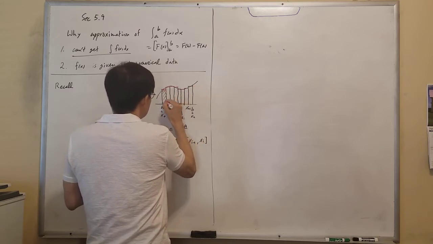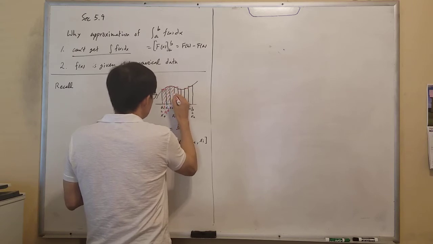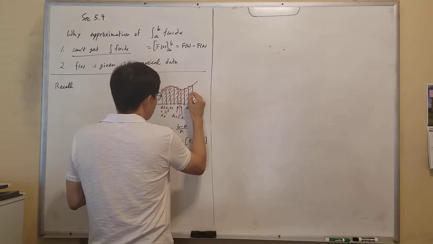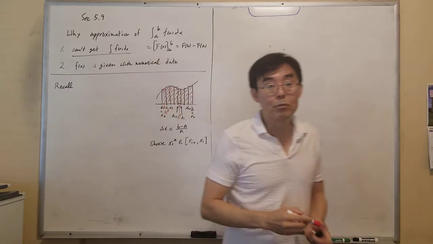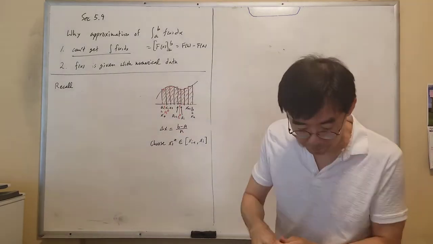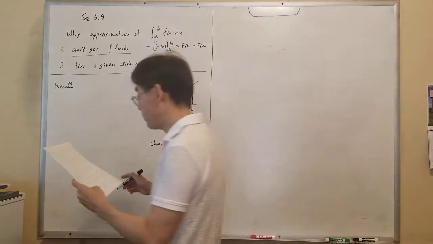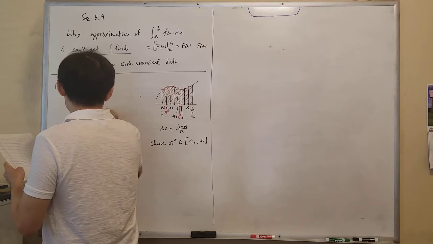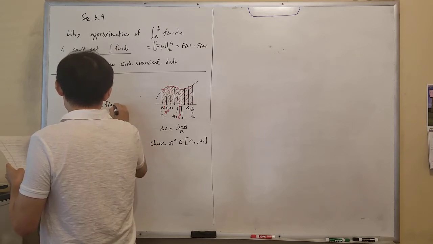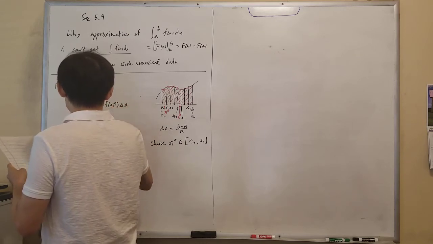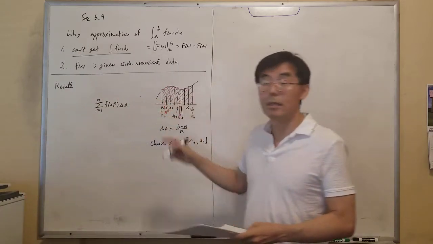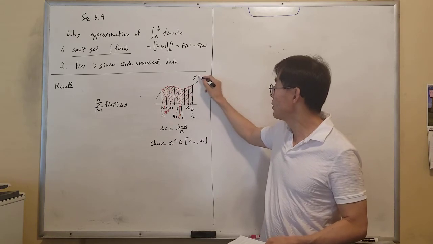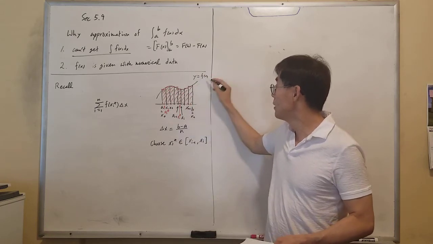Then we calculate these areas, and adding them up will give you the Riemann sum, the sum from i equals 1 through n of f of xi star delta x. Now that would be a good approximation for the area under the graph of y equals f of x